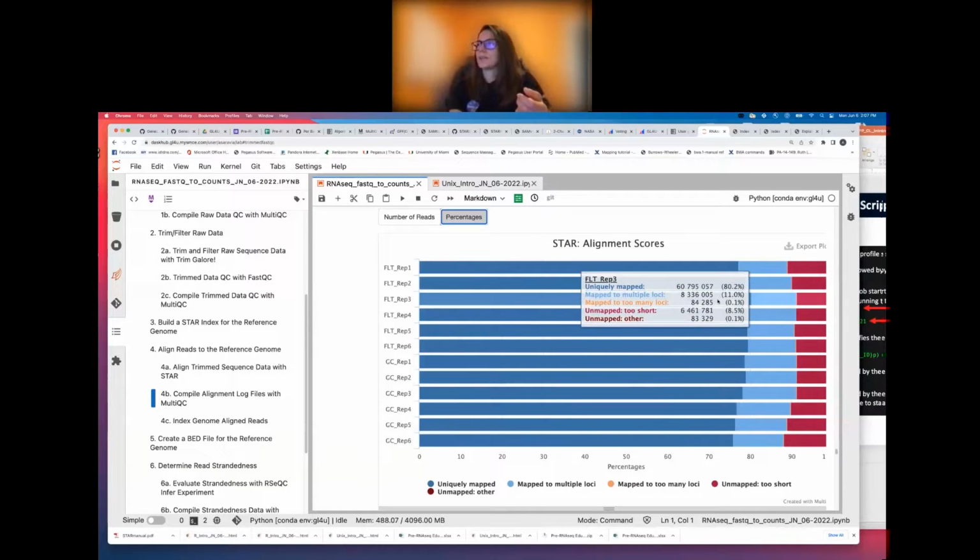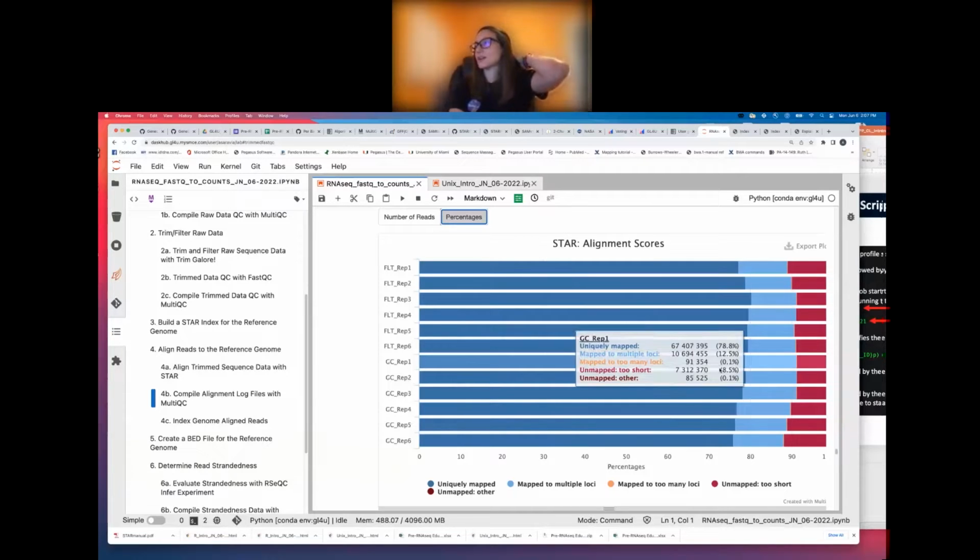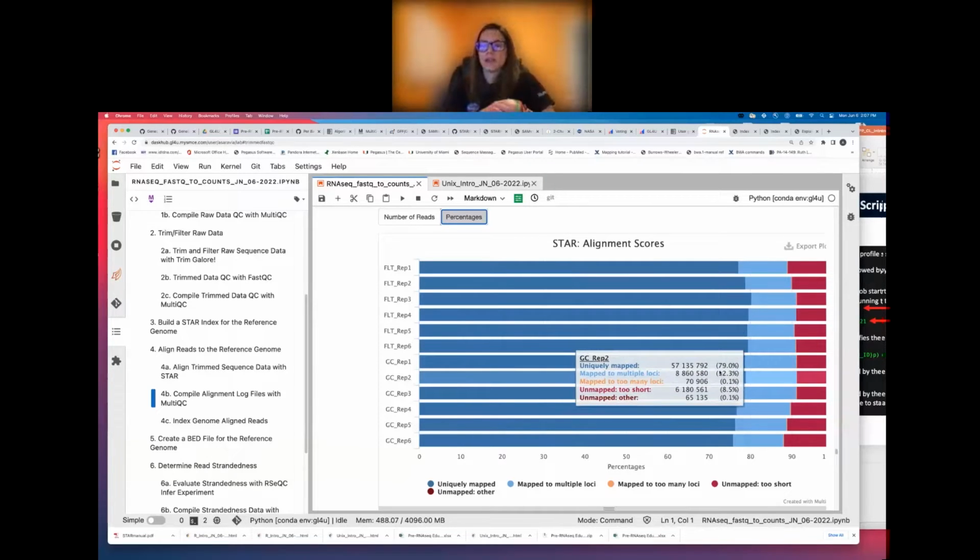It just gives me confidence that things looked okay and nothing went badly. If I see less than 70%, I'll go back up and look at the trim data and even the raw data and try to see if there's anything that makes sense as to why we're not getting uniquely mapped reads. So it might be less than that 70% threshold that I like to see it over because we have adapter dimers or we have contamination like ribosomal RNA that just takes up a lot of the reads and maps